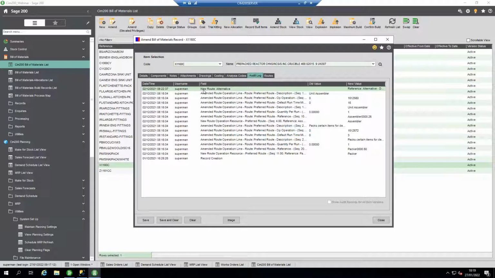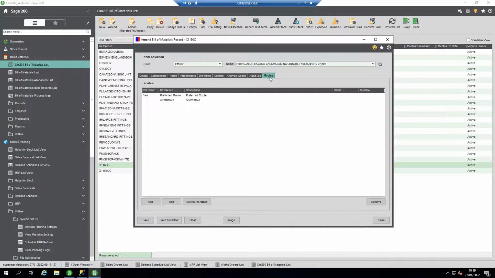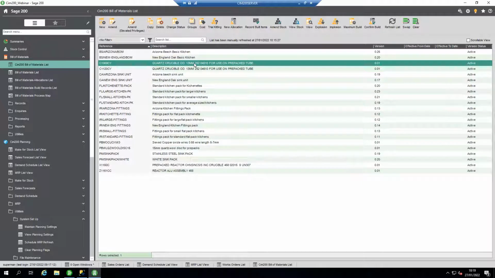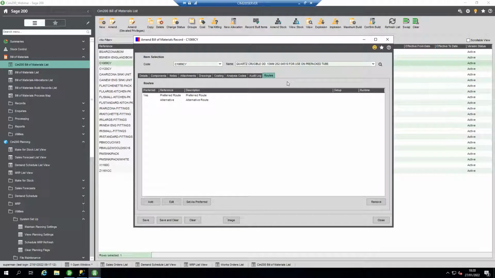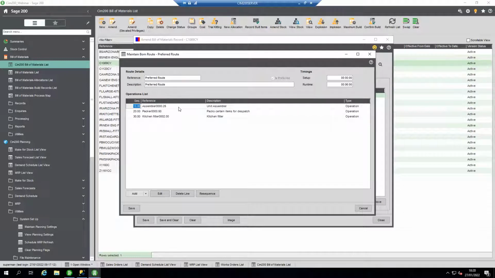So here we can see we have created a new route, which is an alternative route, which can be seen from here. So we don't have the operations tab itself. We have a limited number of different routings against the bill of materials record. So if we go and have a look at the other stock item here. So over here, jump from one place to another is to routings. So we have a look in the preferred route. We remember we are overloaded on the packers,